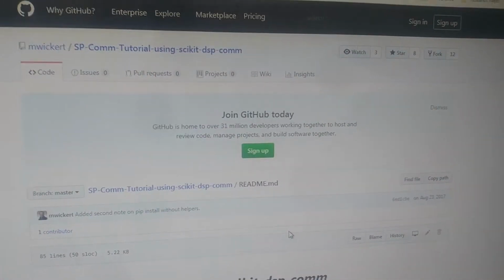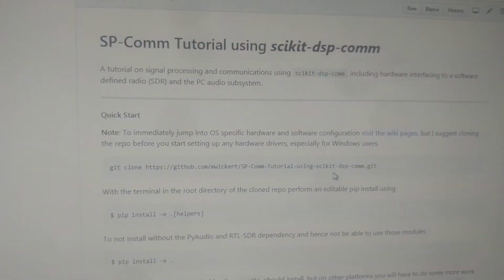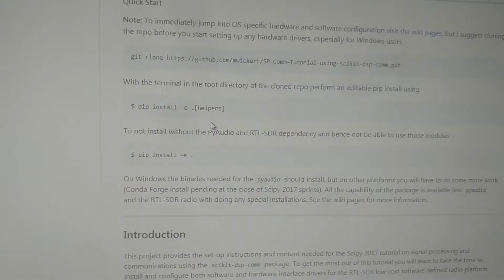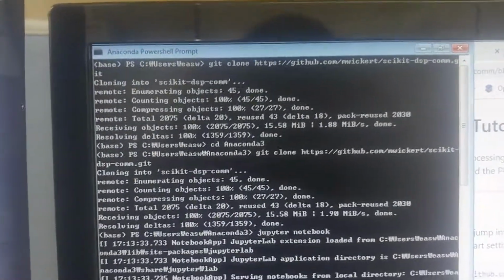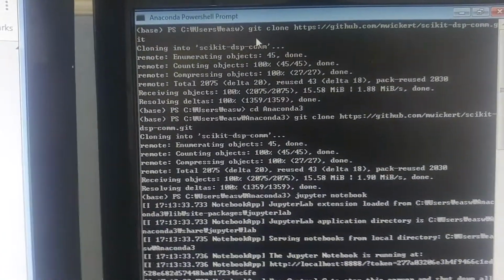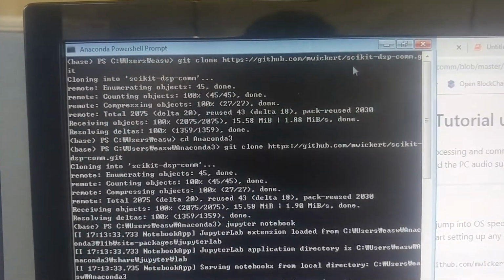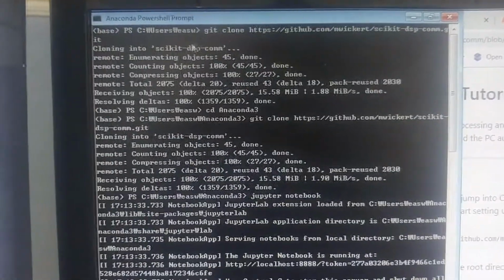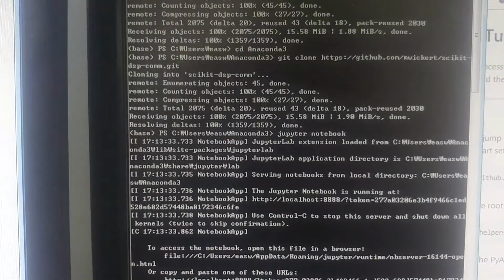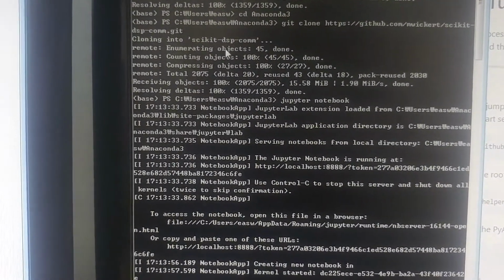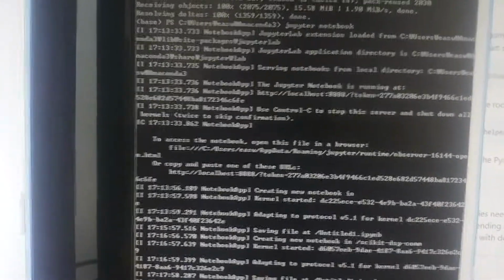GitHub. From GitHub, we have cloned this package into our project. So cloning is done using the Anaconda PowerShell prompt. As you can see, we have used git clone and their address. So this is the way of cloning this package. After we finish cloning, we have started